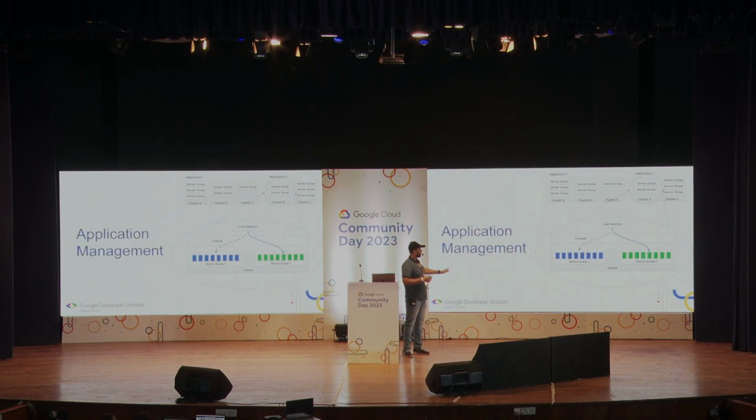So, if you see in this diagram, from an application management perspective, just understand this analogy: the application management for Spinnaker is distributed into four segments. One is the application, another is the cluster, third is the server group. So these are the three main analogies or key pointers that we use